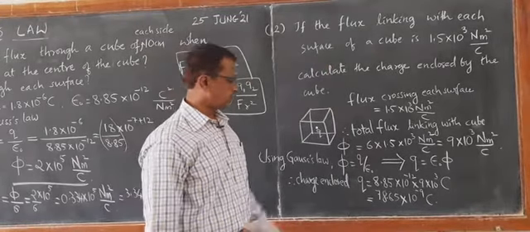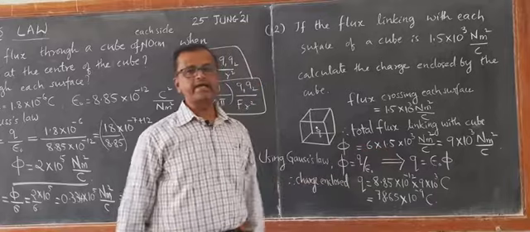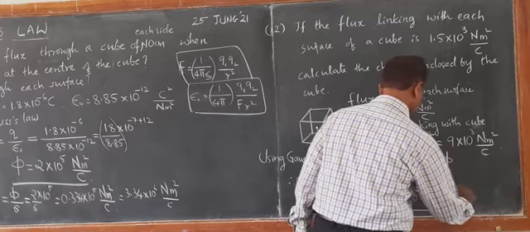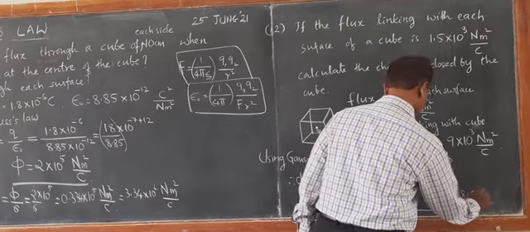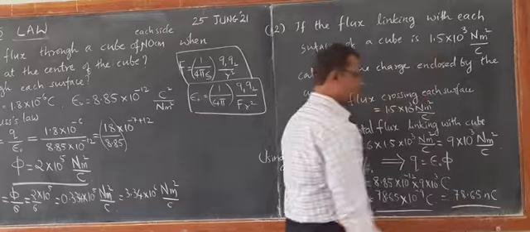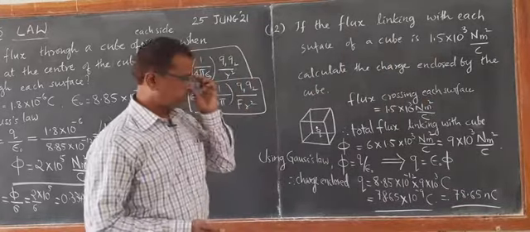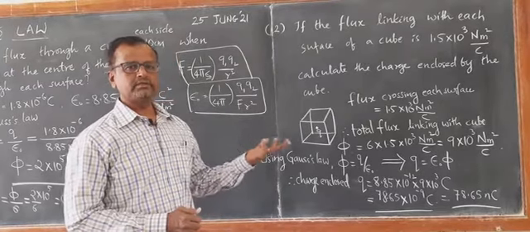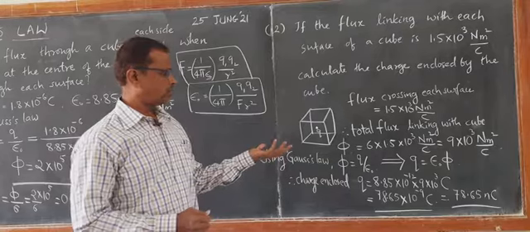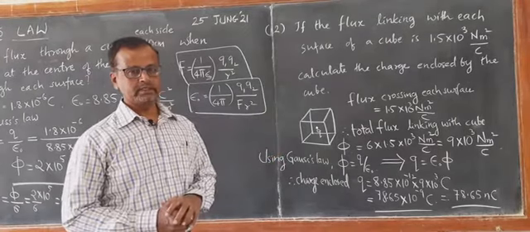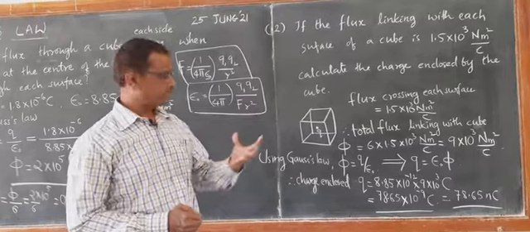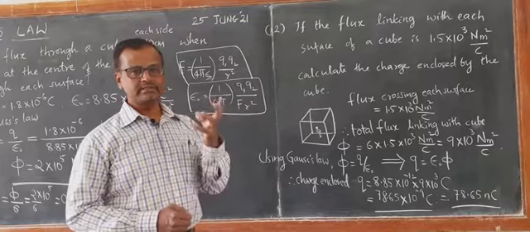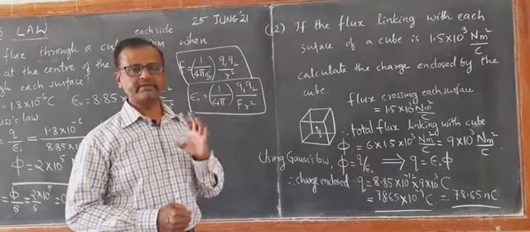Right? So, approximately you can say 79 nano coulomb. This is in terms of nano coulomb. 78.65 nano coulomb. 1 nano is equal to 10 to the power of minus 9. So, this is how one can apply Gauss law to get the result for charge enclosed or to calculate the total electric flux. Once we get electric flux, by the knowledge of the total surface, we can even calculate the electric field at a particular point.